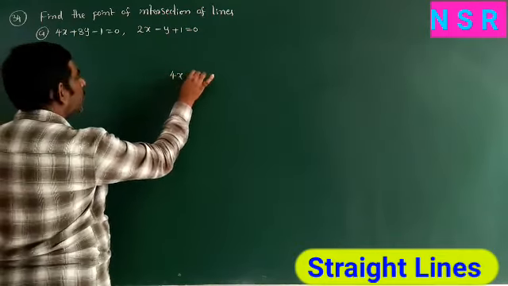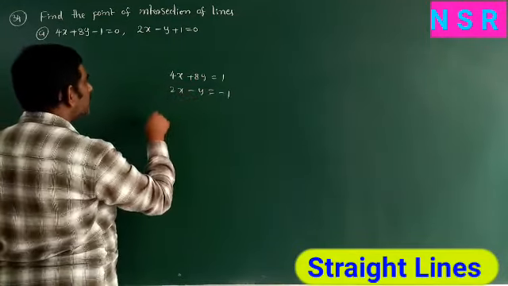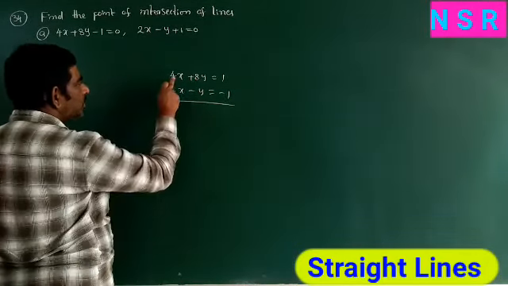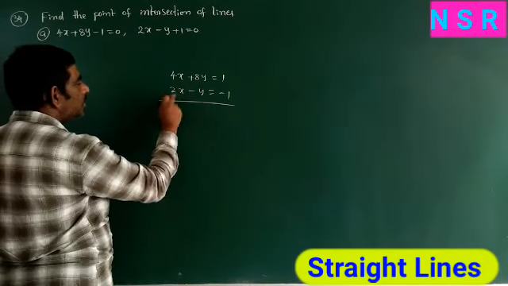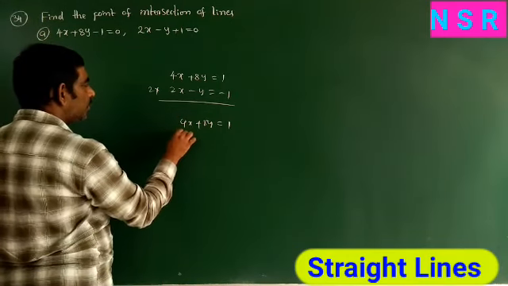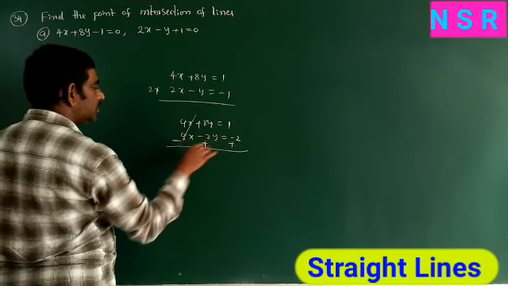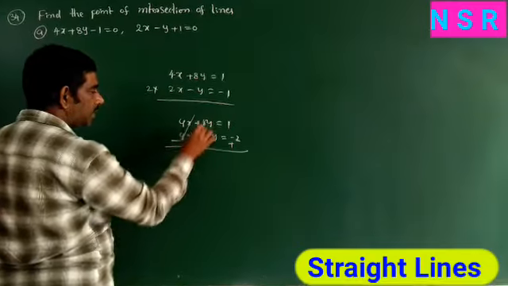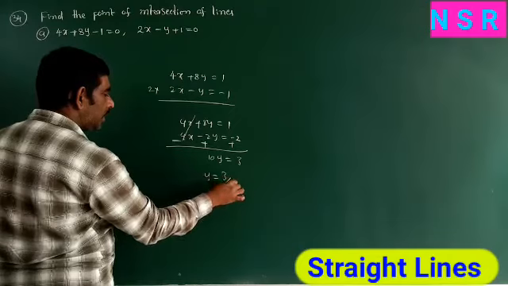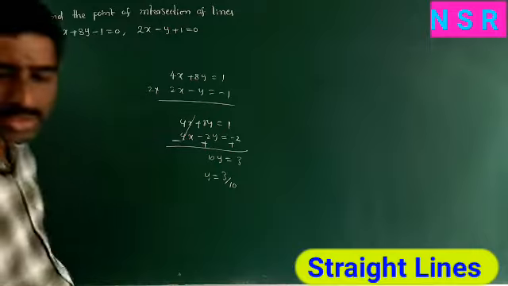In lower sessions we solved this: move the minus 1 to the other side, and 2x minus y minus 1. So change the signs, or equate the x or y coefficient. Here the x coefficient is 4, here 2, so multiply equation 2 with 2. So we get 4x plus 8y equal to 1, and 2 twos are 4x minus 2y minus 2. Now change the signs: plus 4x minus 4x get cancelled, 8 plus 2y is 10y equal to 1 plus 2, 3. Now y equal to 3 by 10. So substitute the y value in equation 1 or 2 and we get the x value. So this is the process to find x, y.